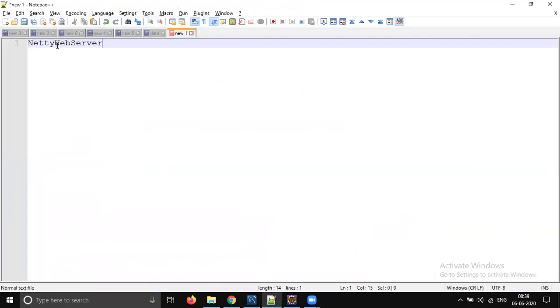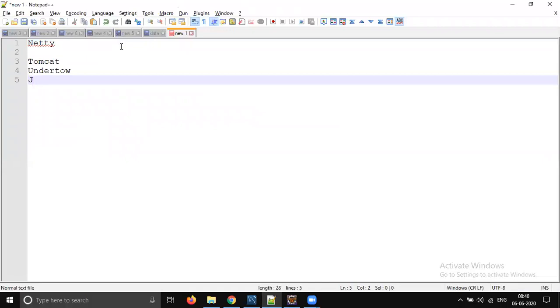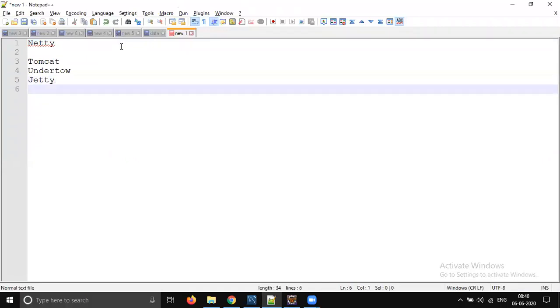It's a native server. There are so many servers Spring Boot supports. I hope you know about Tomcat, right? Tomcat, Undertow and Netty like that. Netty is also one of the Java servers. But the difference is that the Netty server is not a servlet container, right?